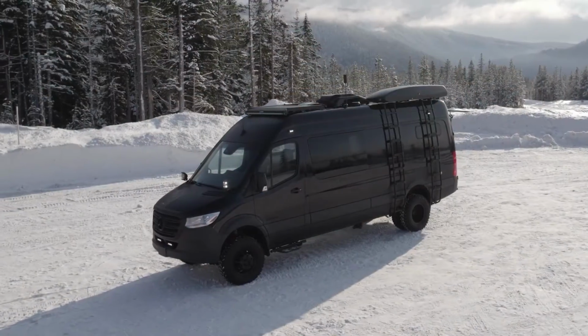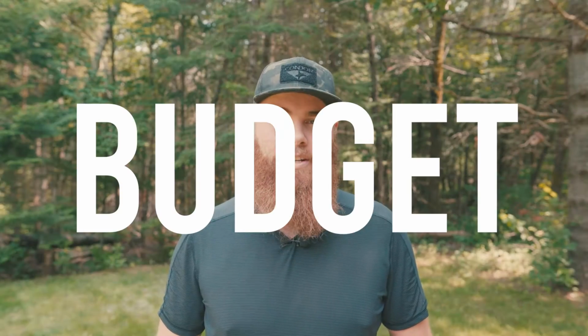Ever wonder how someone could build something like this for van life? I'll tell you how, by going on a budget. Now, obviously that's not completely true because you could have a budget of $10,000 or $300,000. But we're here for those of you who want to get into van life on a modest budget and save